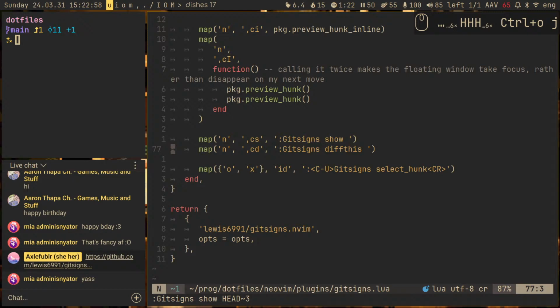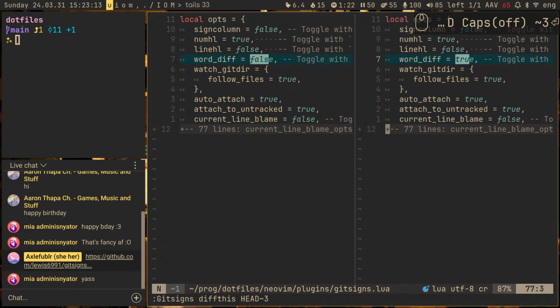You know? And then you can diff this, which means I can do gitsigns diff this to HEAD 3 commits ago, and you can see